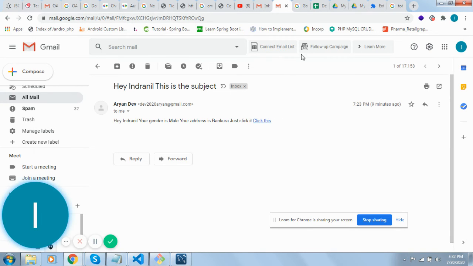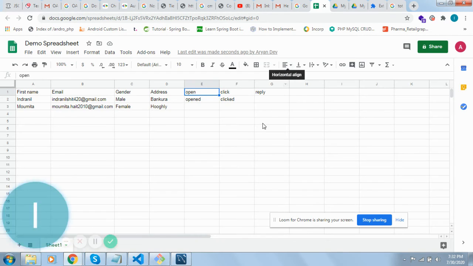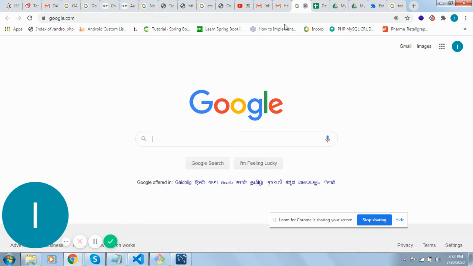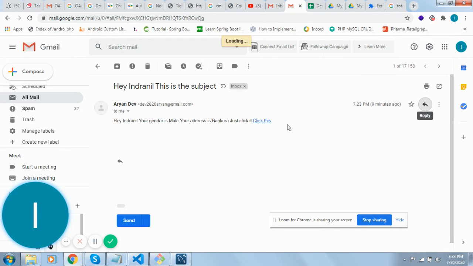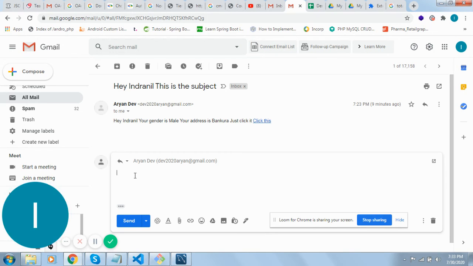Okay, I've already opened that mail. If you like, now you can check it from these email addresses already. See, that mail has opened and that clicked also. So if that particular mail is replied, if any reply, say this is a reply from my side, so whatever it is, if that particular mail has received any reply,